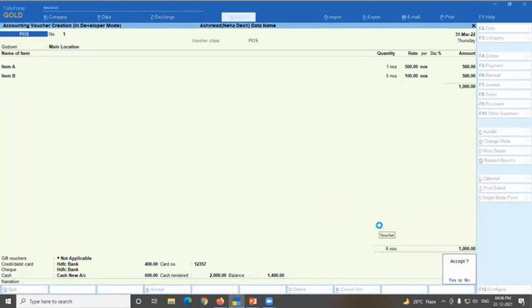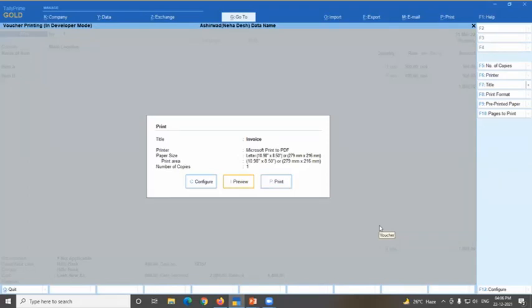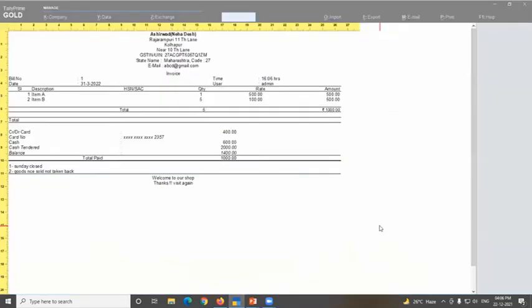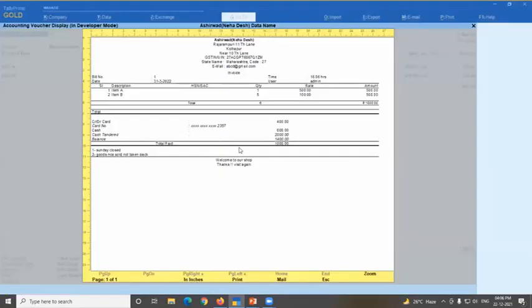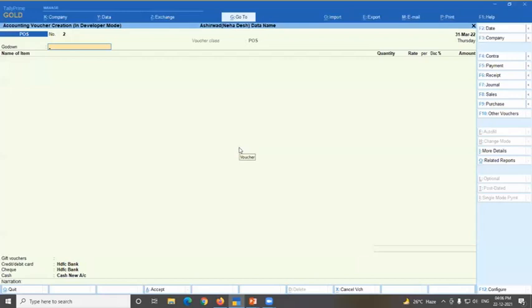And see here the preview. So card number, last 4 digits only are showing on invoice as per rule. And whatever payment is tendered by the party, 2000, our message is also showing here: total 1000 received, 400 by check or whatever, and 600 by net cash. So this is called POS invoice, and that is also happening from voucher class. So it is useful for your counter sale.